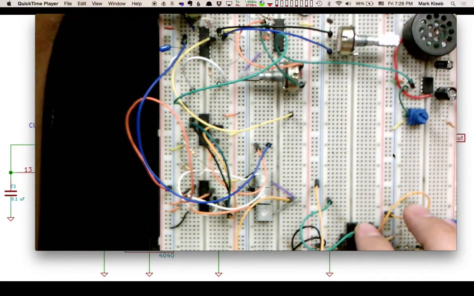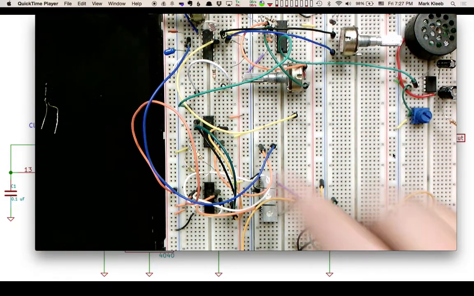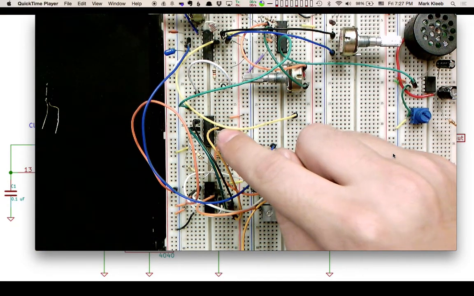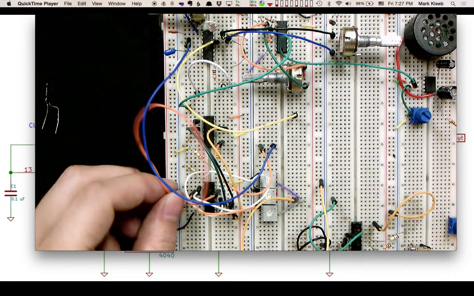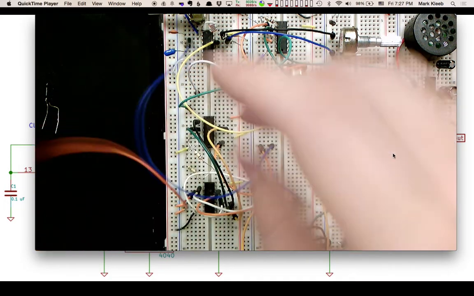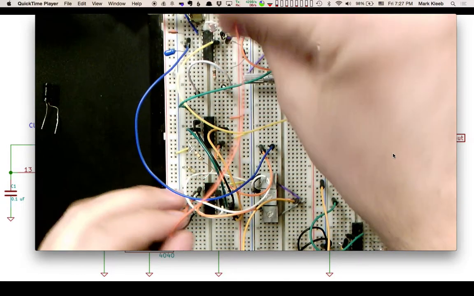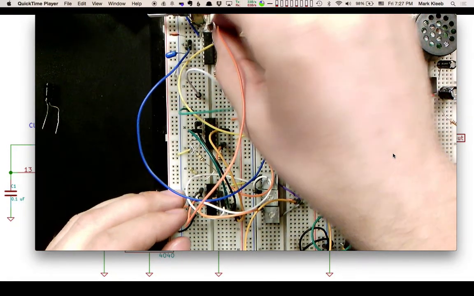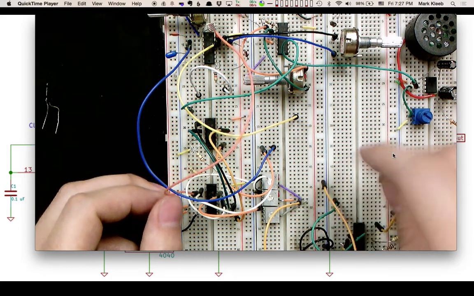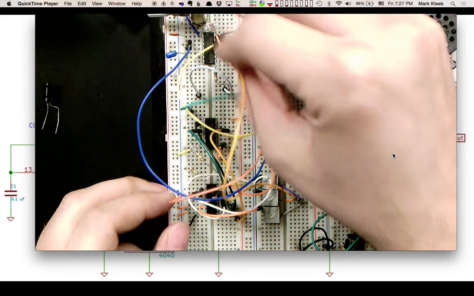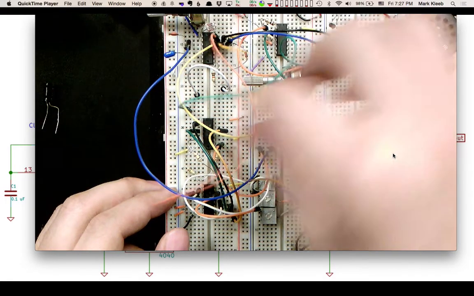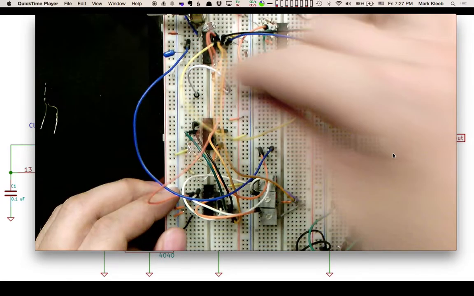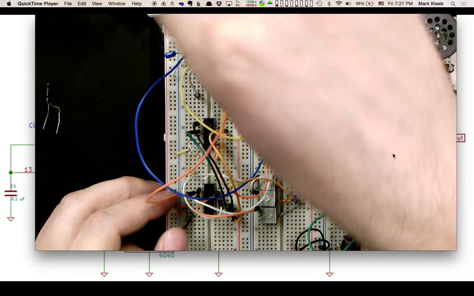All right, so here's my 4040. Here's my 4051, okay? I'm going to take the input and plug it into one part. I'm going to take my output and plug it into the output of this. And now,